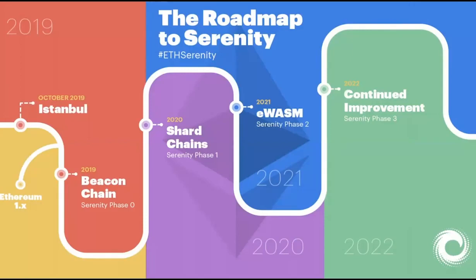So in phase 1, there will be data scalability, and at current proposed numbers, the Ethereum blockchain will be able to process about 5 megabytes per second of data, which is about 500 to 600 times more than the theoretical maximum right now. But it will not be able to process smart contracts or any kind of code execution yet.